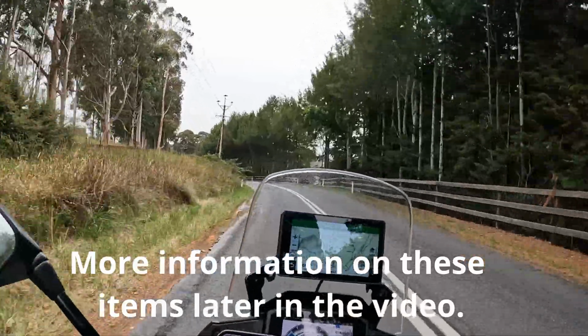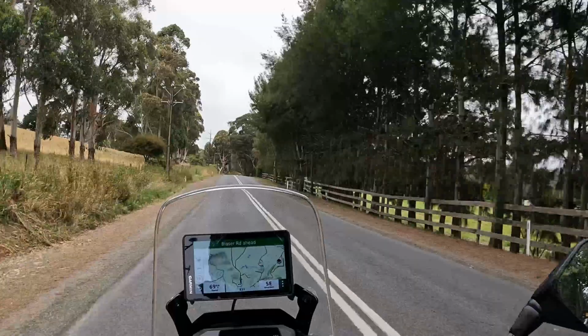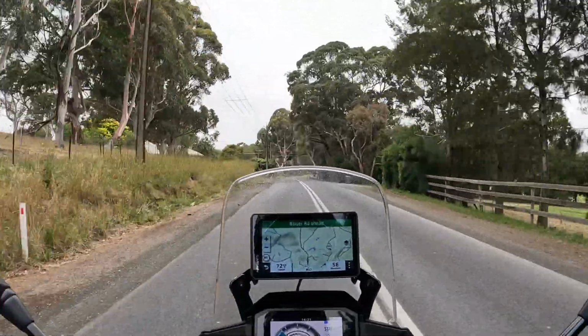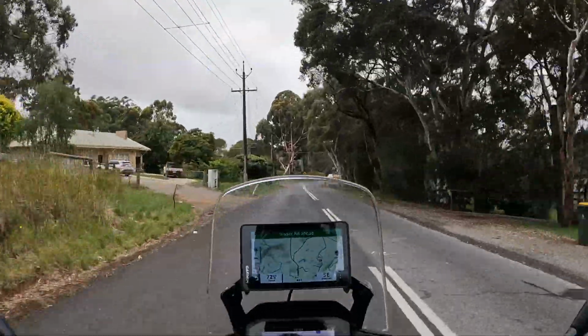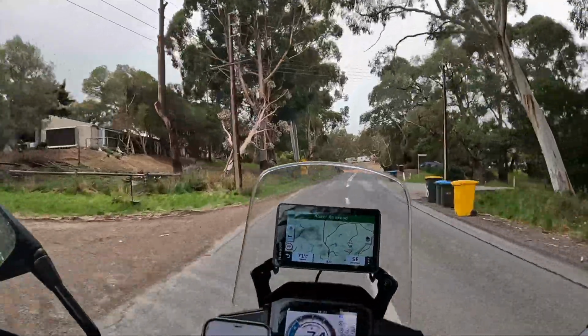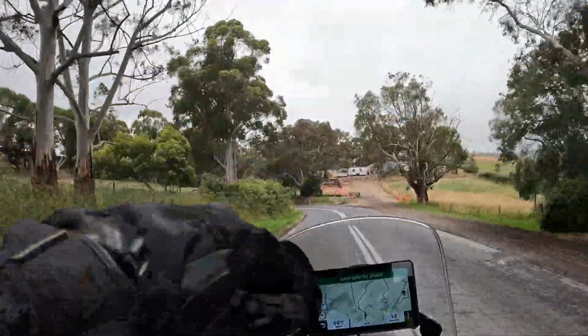The reason I got it from AliExpress is because it was very hard to get one for the Honda Transalp. It was just out and there wasn't a lot of accessories available for it. Jiffy did do one, but it was an extraordinary price, and this was 20 bucks. I thought I'd give this a try. If it didn't work, I'd rip it off and throw it away. Not a lot of money lost. And that's mounted to a security device as well,